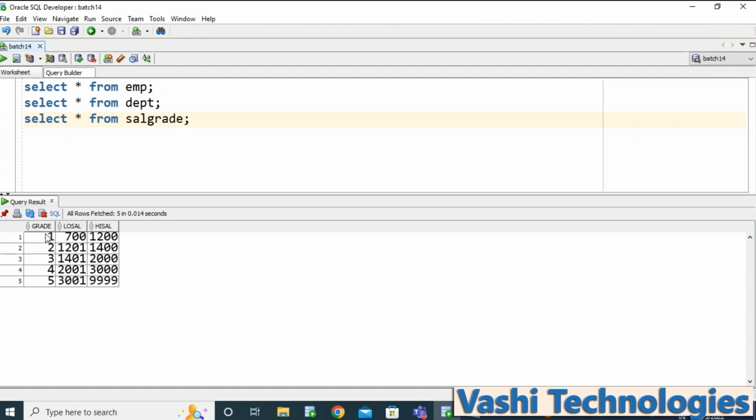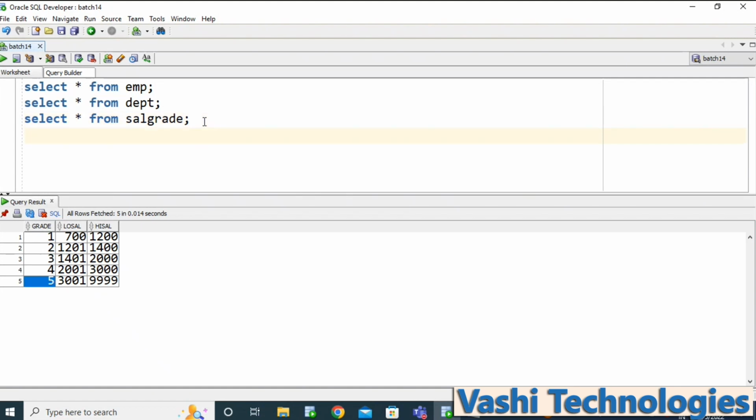So 9.8, 9.7, 9.10. The grade based on your salary, this table will provide. If salary is between 700 and 1200, you may get grade 1. If the salary is more than 3000 and less than 10,000, you will get grade 5. In this way, we are going to use these tables.